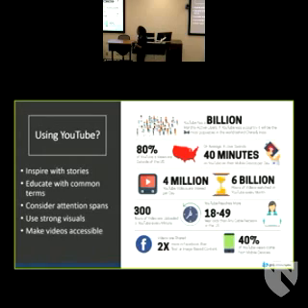Strong visuals, and then making them accessible. And this is something that is really important, and not a lot of people actually think about it. In this case, when I say accessible, I mean making sure that people who have disabilities can access your videos. And so there are things that you can turn on your videos on YouTube to make it so if a person is hearing impaired, the video is automatically transcribed. Or it could be on a page, or it could be on the video itself with closed captioning.